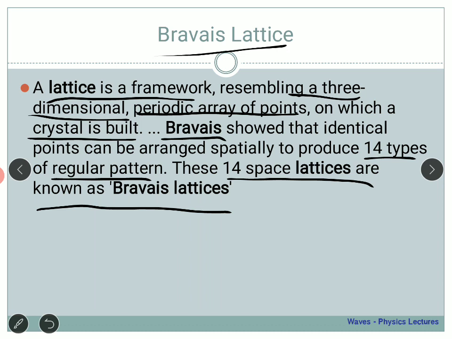So when you go to solid state physics, at the very beginning you ask what the points for a crystal structure are. That means a periodic arrangement of atoms can be made, and that is what is called the lattice. Then we have, for example, silicon dioxide. What position the silicon should be, what position the oxygen should be, this will basically give you a basis. Then we consider the lattice points and the basis, and we combine them together to give you the crystal structure. How these can be arranged spatially in 3-dimensional space gives you what is called the Bravais lattice.